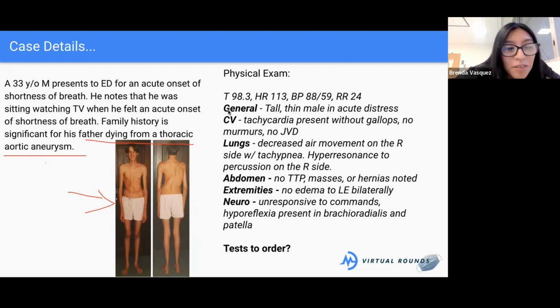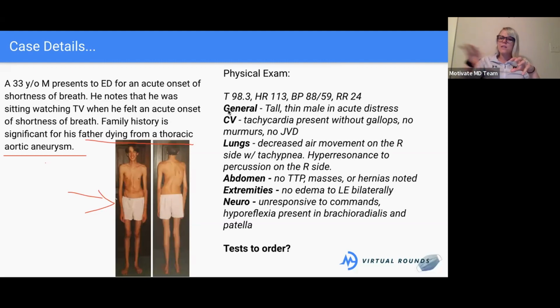That's right. Yeah, it's really interesting. And that's what you're going to see when you start to get into clinics and medical school: not everything is significant, but you have to take in all the information. You have to sort through it and say, this might be something, this is not that important.